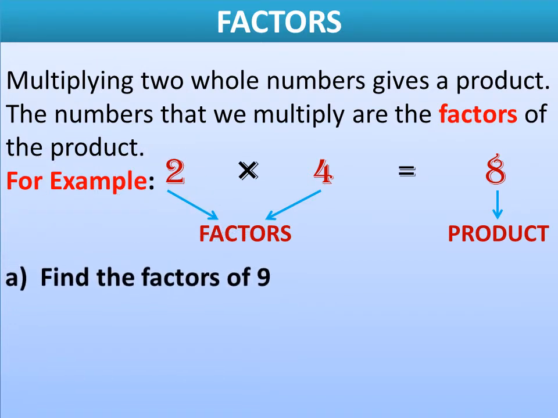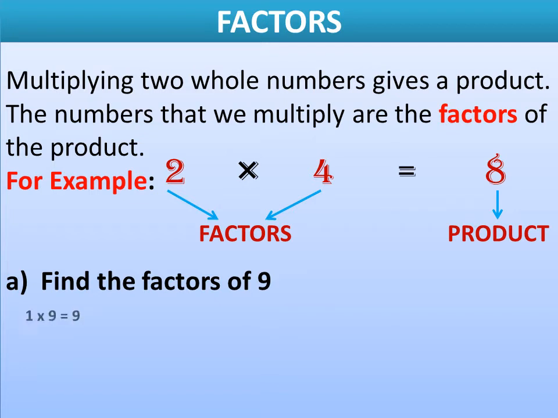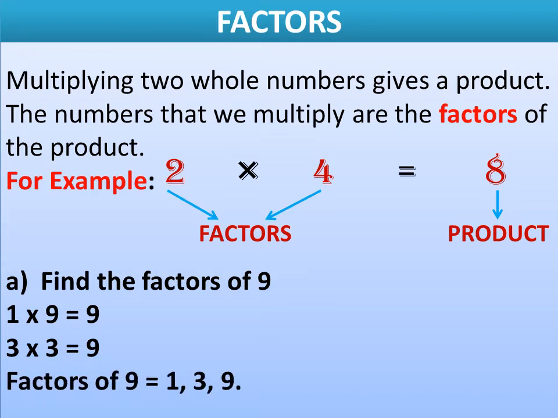Let's solve one more question. Find the factors of 9. Think of all the possible combinations of 9. Always start listing the factors with 1 and the number itself. So 9 can be written as 1 multiplied by 9 is equal to 9. It can also be written as 3 multiplied by 3 is equal to 9. Are there any more combinations? No. There is no other product of two numbers that would result in 9. So the factors of 9 are 1, 3 and 9.